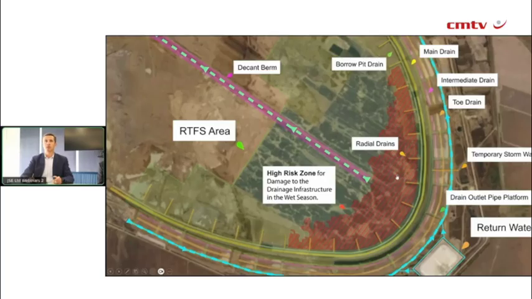Now, the reason for that is this temporary stormwater drainage pipe that we've got in currently. So all the water that falls on this facility, we can currently drain because this is clean water. It has not been impacted by any mining activity, and we can drain that water off the site. Once we start with beneficial occupation and deposition, we've got to close up this temporary stormwater pipe. We actually seal it up with concrete, and all of the water that falls on the surface area is then contained.